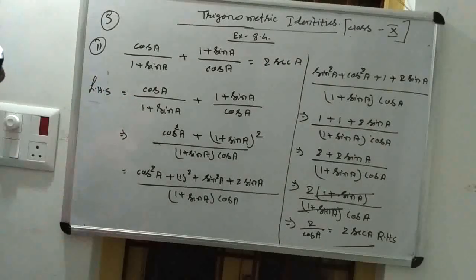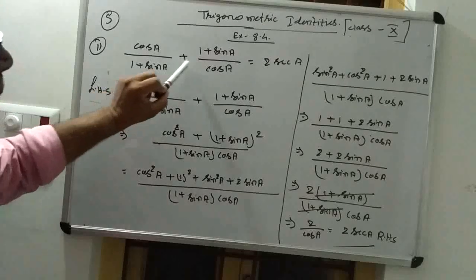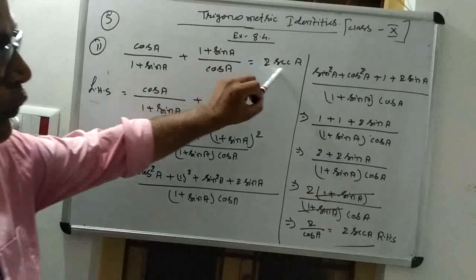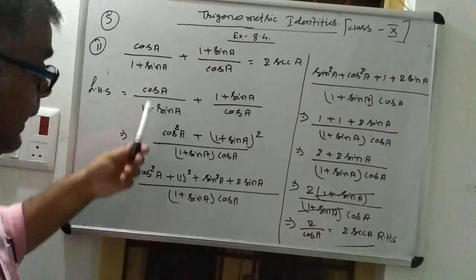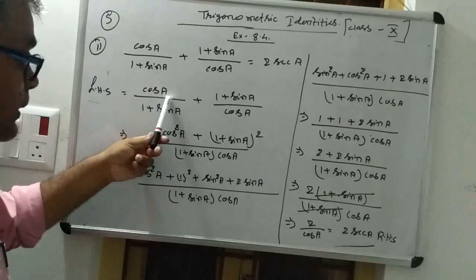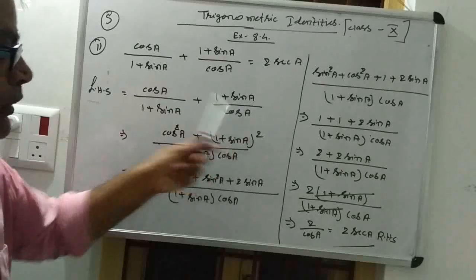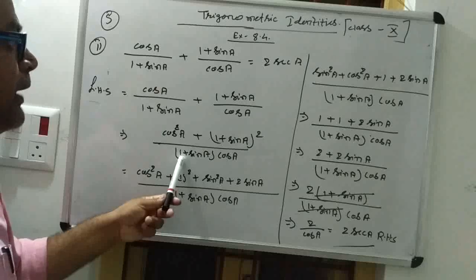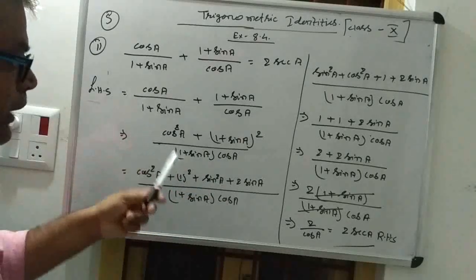Our given identity was cos A by 1 plus sin A plus 1 plus sin A by cos A equals 2 sec A. As we are taking the LHS part, first you write your LHS part: cos A by 1 plus sin A plus 1 plus sin A by cos A. Now taking LCM, our LCM will become (1 plus sin A) into cos A,